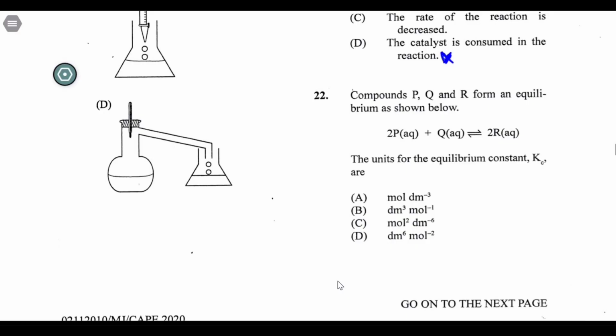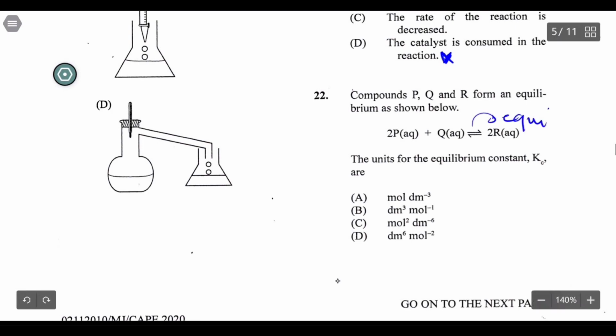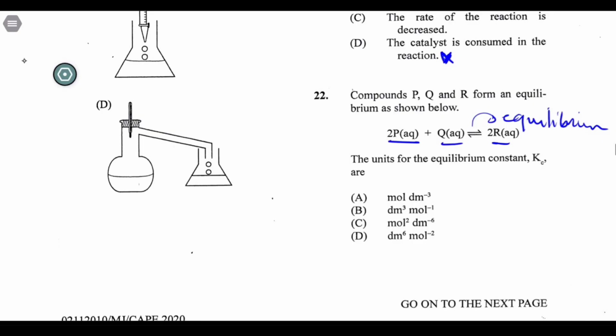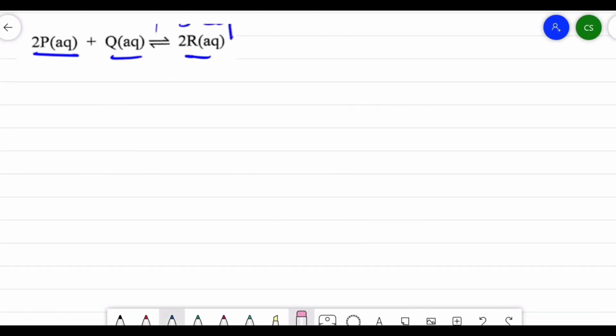So 2P aqueous plus a mole of Q in its aqueous state forward yields 2R, and then there is a backward reaction, so the equilibrium is represented as such. Okay, so for the units of the equilibrium constant Kc, you have to use all the things in the aqueous state. What you'd find is, I decided to bring this over a bit because it was going to get a bit bulky, but here we have R, and Kc is equal to